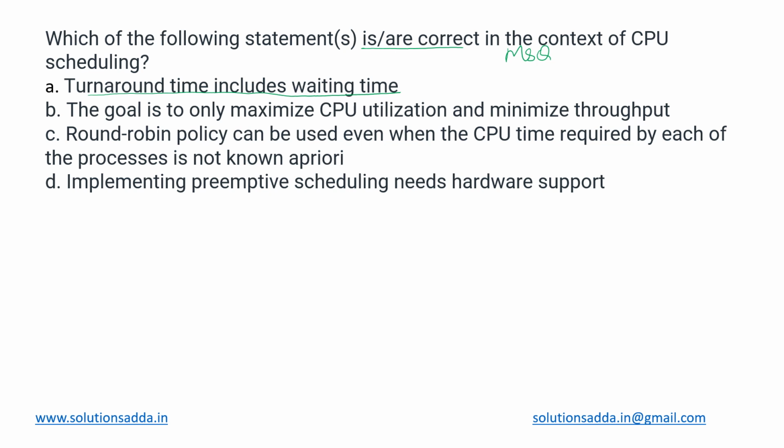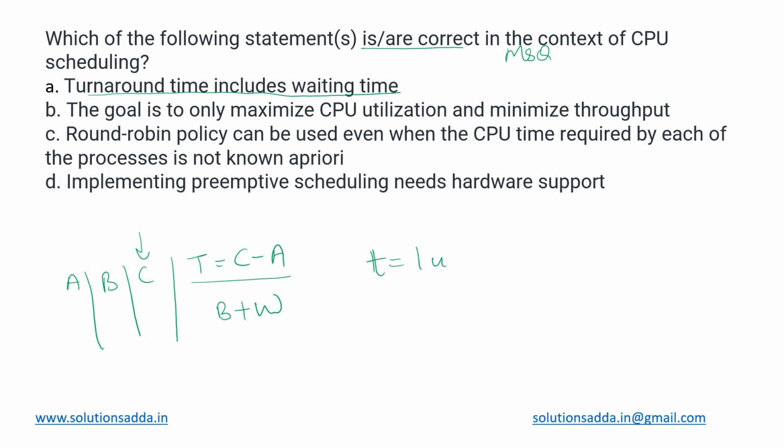Now, how do we calculate the turnaround time? We make that table in which we have the arrival time, burst time, completion time, which we derive from the Gantt chart, and then after that we have a column for turnaround time, which we calculate as completion time minus arrival time. So basically this turnaround time includes both the burst time of a process as well as for how long it has waited. For example, a process entered at, let's say, time t equal to 1 unit,